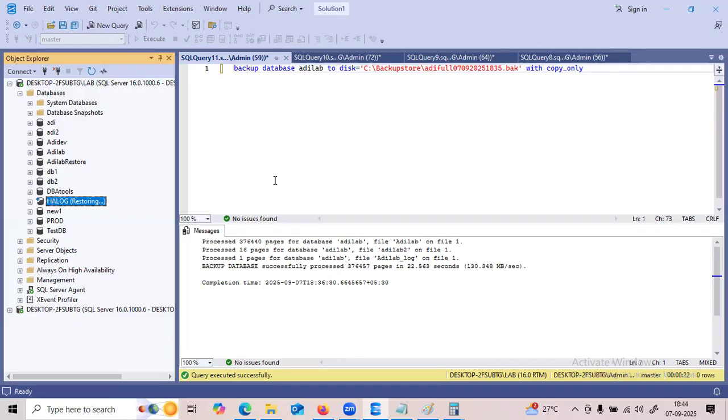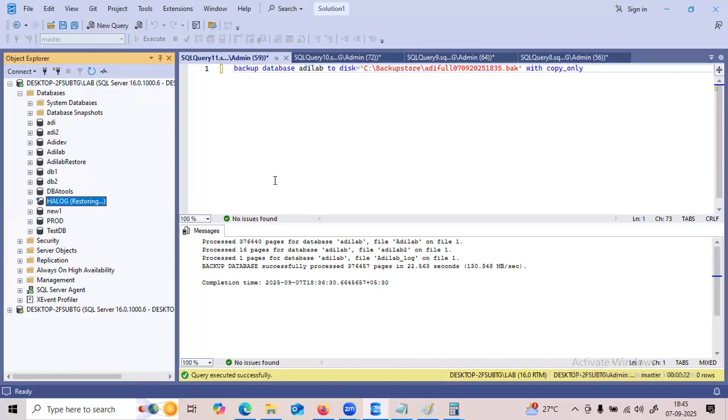But another actual answer is when the database is corrupted. If the database is corrupted, it won't allow any kind of backup. What is a database? A combination of MDF and LDF. Suppose the MDF is corrupted. At that time, we cannot take the full backup, the differential backup, or the log backup.